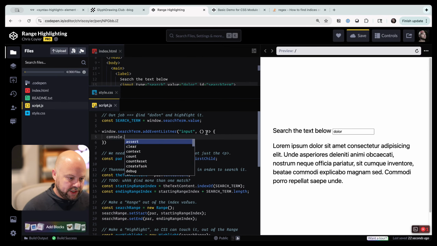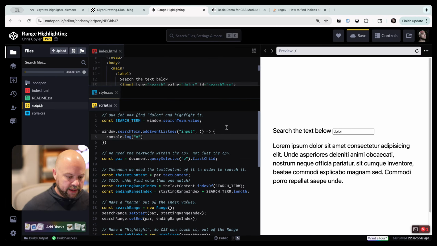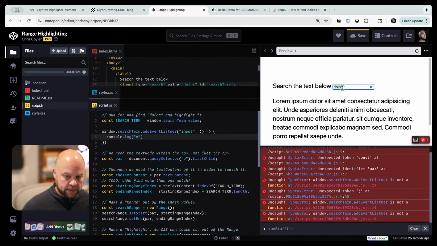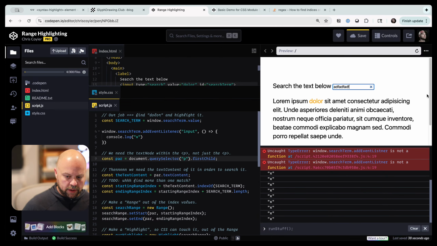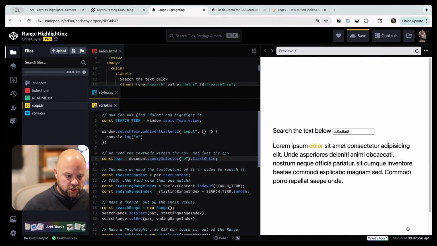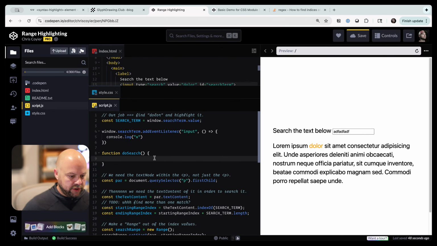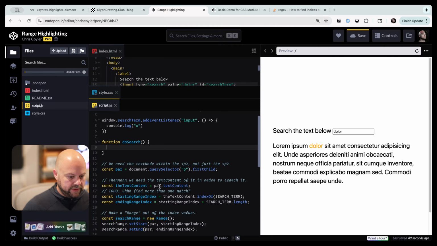Let's do a sanity check that we did that correctly. Console. Type. Nothing is being... it's not a function. Add event listener. No. Sanity check. Checked. Okay, and then we'll make do search a function, and we'll do this work